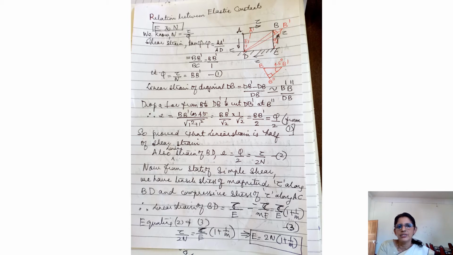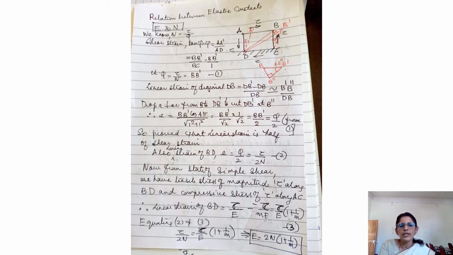So if you consider the other face, that is this diagonal AC, what happens? These two are coming like this, so its component is coming downwards. So again, in order to balance this, there will be an upward force like this. That means on this particular diagonal there will be a compressive force. Understand? So what happens here is we have tensile stress of magnitude tau along BD and compressive stress of tau along AC. So you will have both types of stresses acting, along this direction it is a tensile force and along this direction it is a compressive force.